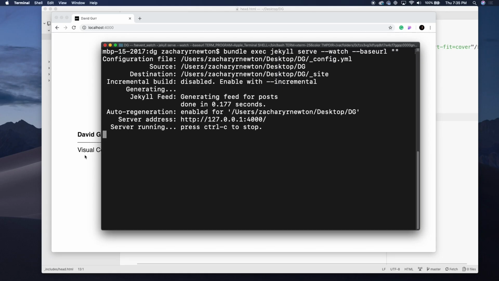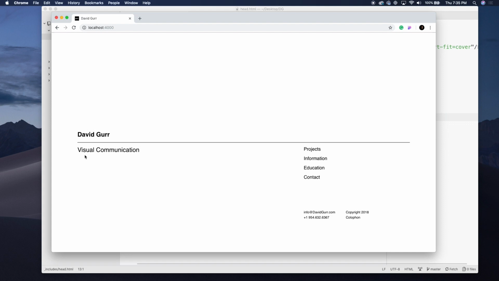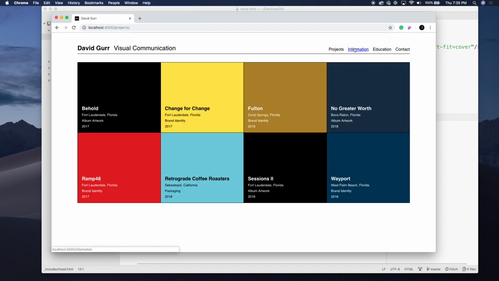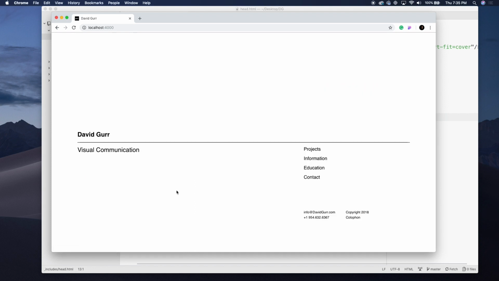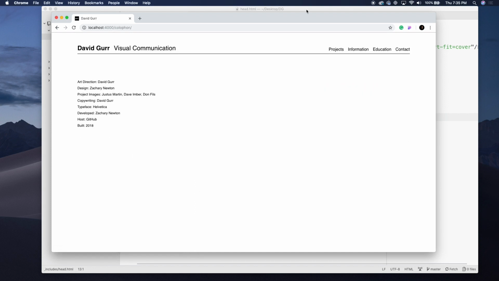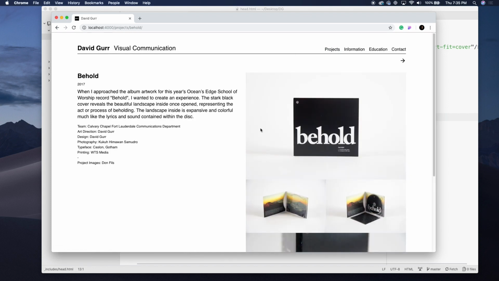Alright guys, so I've got the server up and running here, and I'll just show you. This is on localhost. We have all of our projects, the information page, the colophon, the actual individual project pages. They're all here,